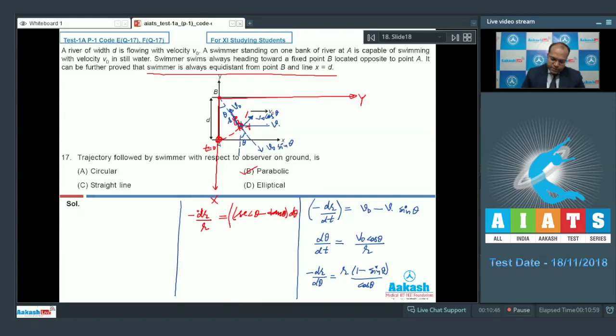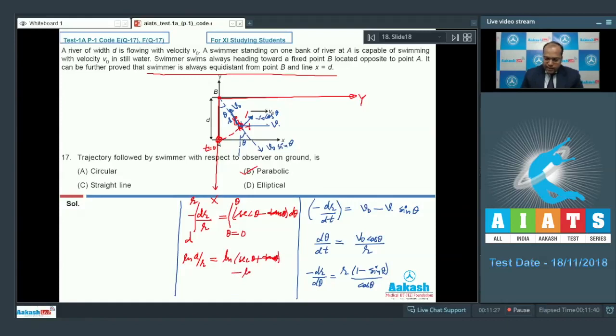If I integrate this, at theta equal to 0, when the swimmer is at x equal to a, the value of r is d, and at an angle theta, the value of r is r. Integrating gives ln d by r, and since the angle theta is acute because it lies between 0 and 90, the integration of sec theta gives ln of mod sec theta plus tan theta. Since theta is acute, I can write ln sec theta plus tan theta